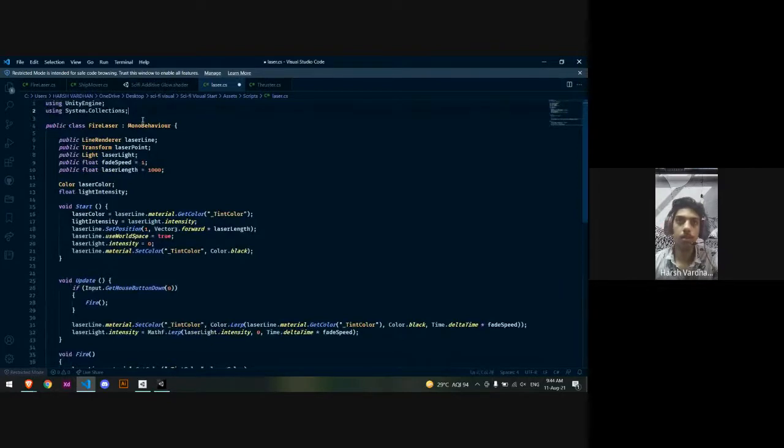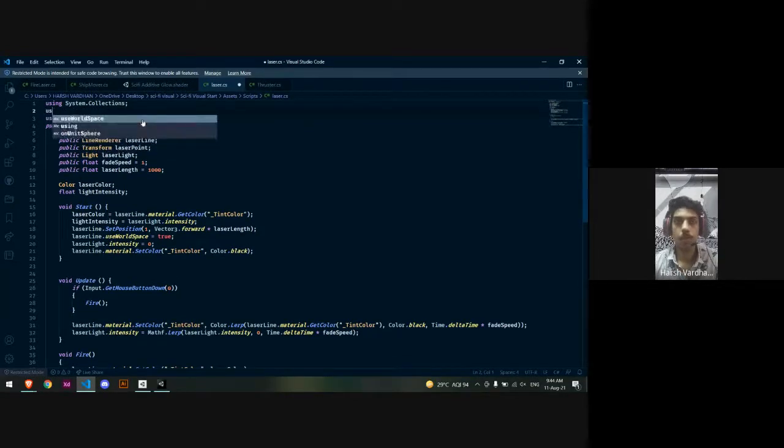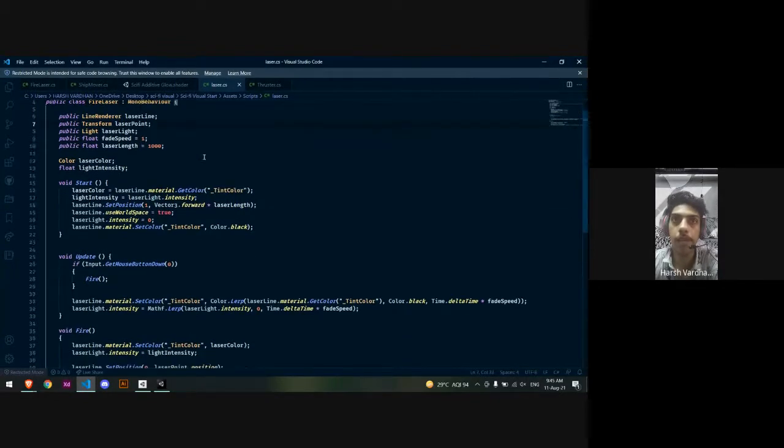And I'm also going to type using System. So here what we are basically doing is that we are creating a public class FireLaser which has a behavior, and then we are